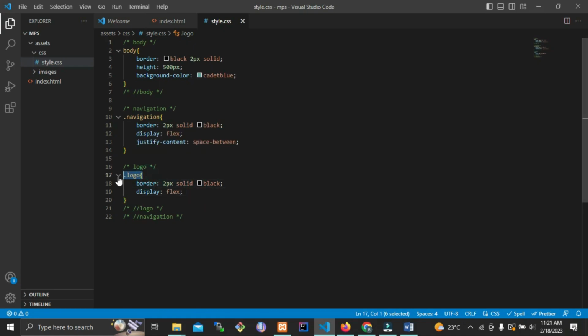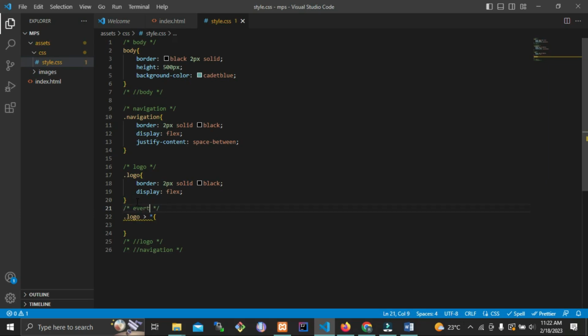Again, since we have the border and the display flex, it's easy to tell everything that resides inside the logo class to be at the center. And since you're using display flex, when you use margin and put margin auto, it automatically calculates the space and aligns everything equally by consuming the space that has been left. So when I say dot logo, and then I put the greater than symbol, and then the asterisk, this is what I mean. I mean that everything